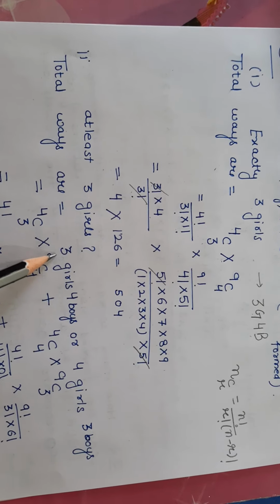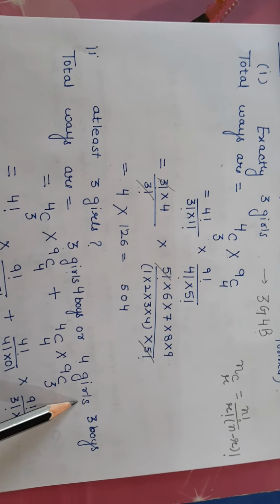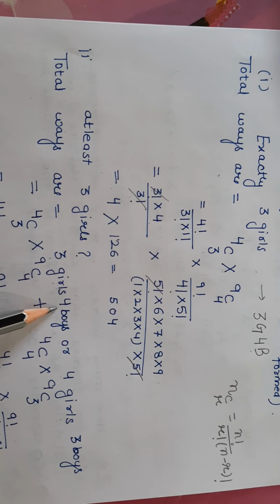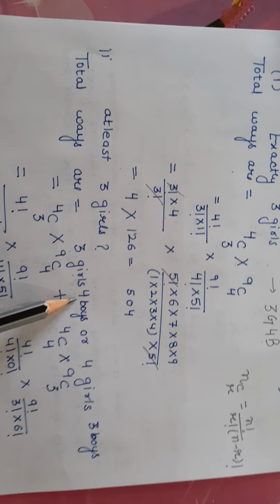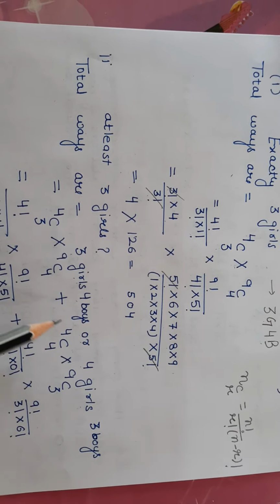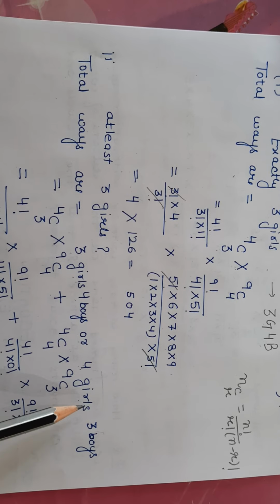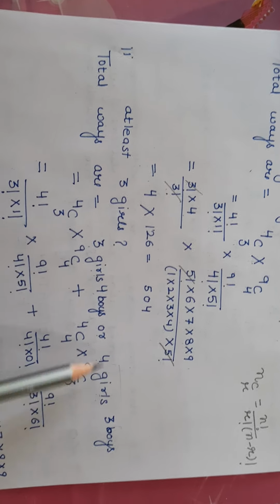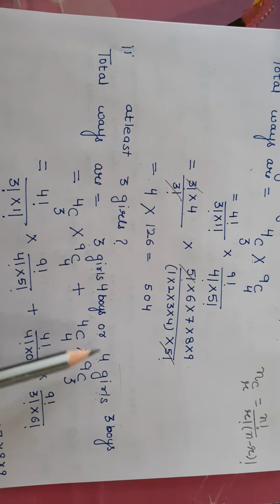So we can go up to 4 girls. Girls 3 or 4. Now if girls are 3, that means you have to form a team of 7, so boys will be 4. Or means addition. You have 4 girls. Again for team of 7, if girls are 4, that means boys will be 3. So we have 2 options, either 3 girls or 4 girls.